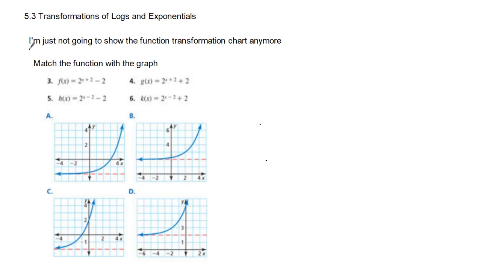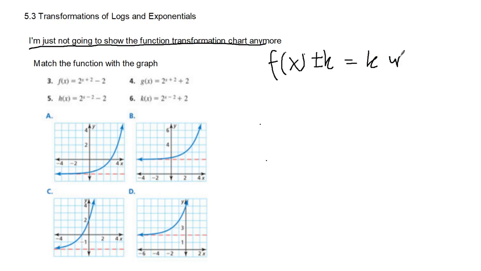So, as I've said, I'm just not going to show the function transformation chart anymore because you guys should know it by now. Actually, I'll write it down just because I'm nice today. So, f of x plus or minus k is k up or down, f of x plus or minus k is k left or right,